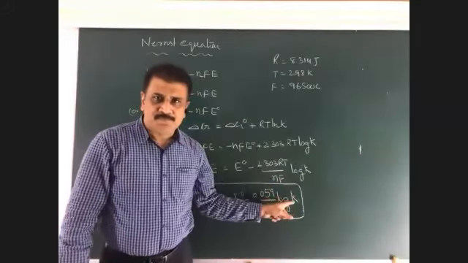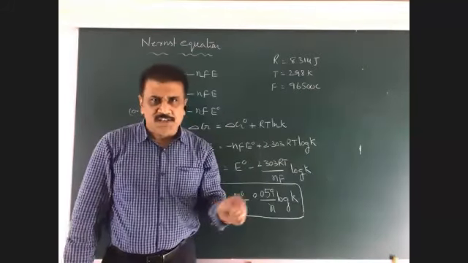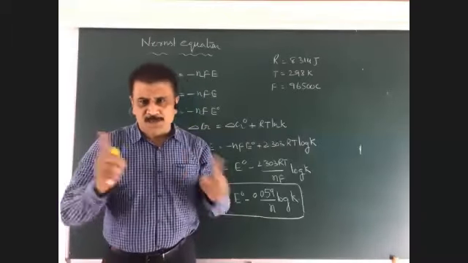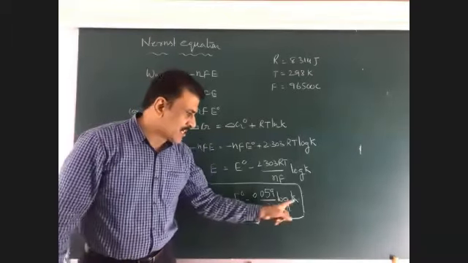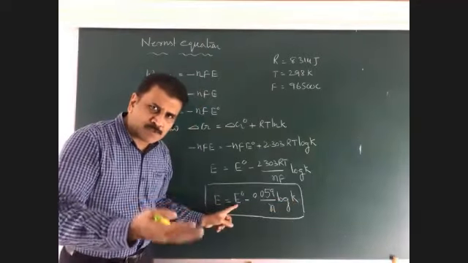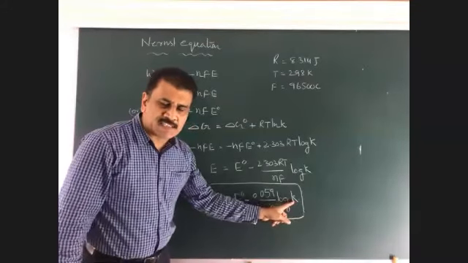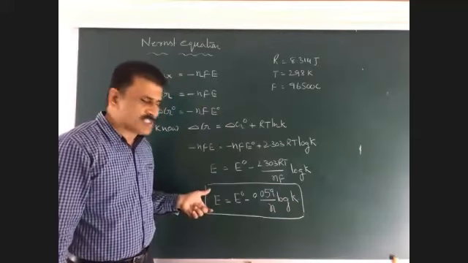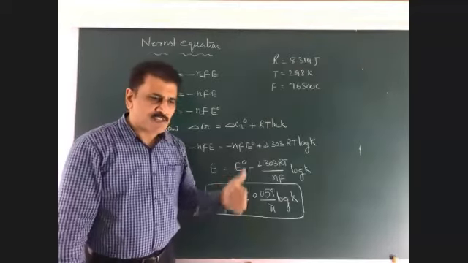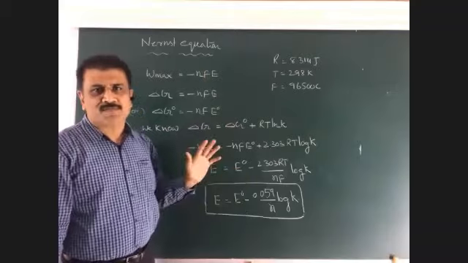What is K? K is equilibrium constant. For a half cell, the equilibrium constant should be written. For a full cell also, the equilibrium constant should be written. That is products by reactants. So after writing the K value, with the number of electrons in that, this E naught is obtained from the textbooks. We have to calculate E. By substituting the K value after writing the cell equation, we get the value. This is the Nernst equation. Very, very important formula. We have to keep it always in memory in solving and in knowing the theory of this entire electrochemistry, electrodes and EMF.